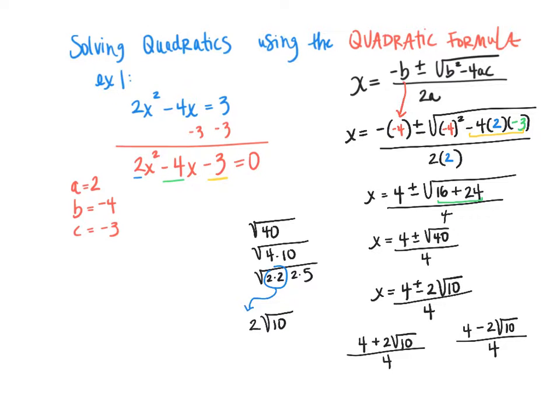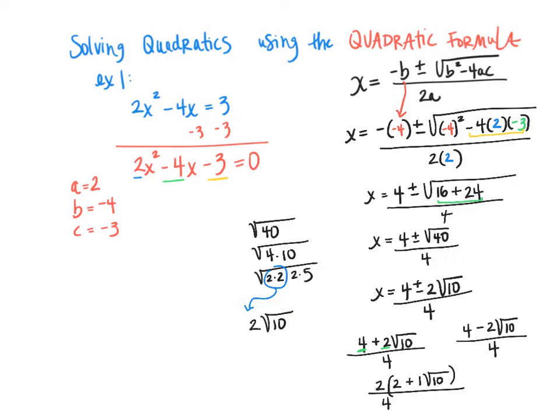But we can simplify this even further because notice the numerator has a 2 in common. When you look at this 4 and this 2, we could actually factor out a 2. And so typically how we write that is we're going to factor out a 2. And so this is going to be 2 plus 1 root 10